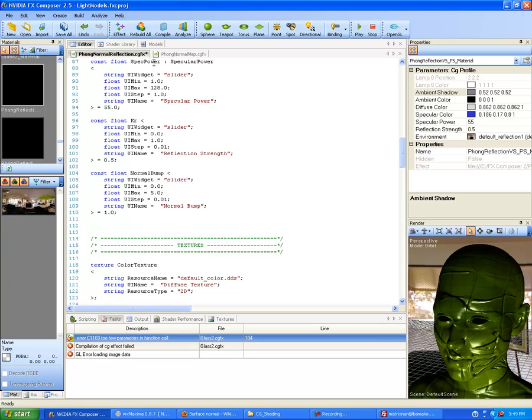Const float spec power, colon, specular power, open less than sign, string UI widget equals "slider"; float UI min equals 1.0; float UI max equals 128.0; float UI step equals 1.0; string UI name equals "specular power"; close greater than sign equals 55.0; semicolon; const here,